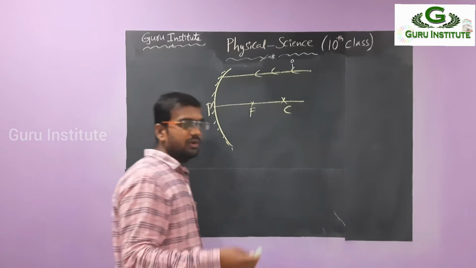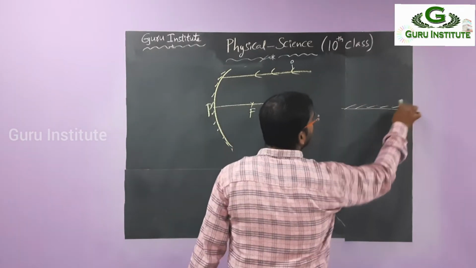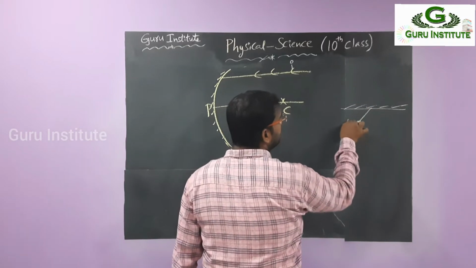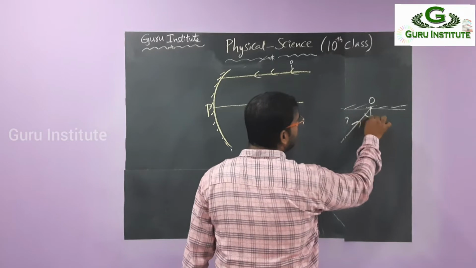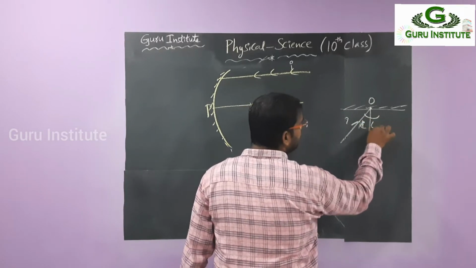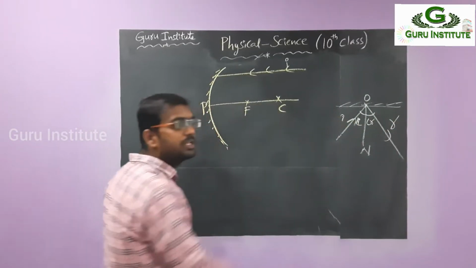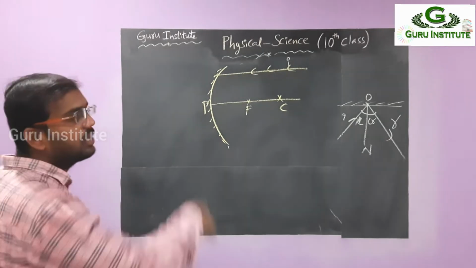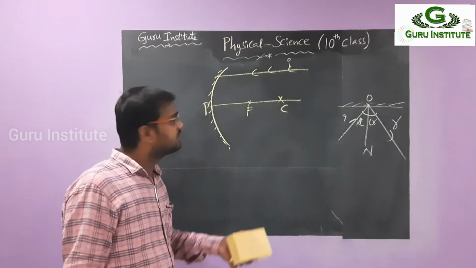Before going to that, I am again drawing the basic concept. This is the plane, this is the incident ray, and this is the point of incidence. At this point we draw the normal, measure the angle i, and then using the same angle, we draw the refracted ray. This is the basic Fermat principle, right? Using that, we derive some of the basic ray diagrams.